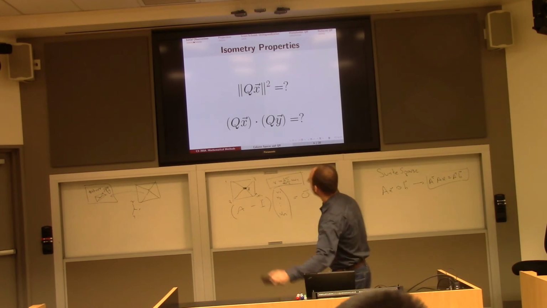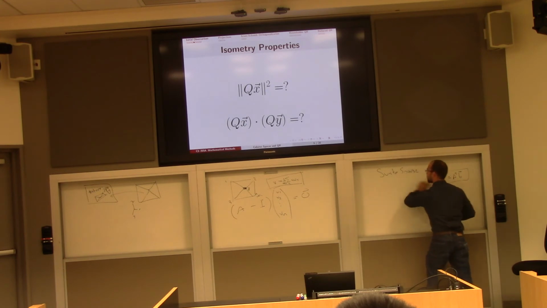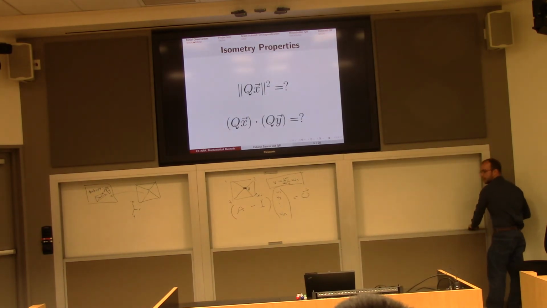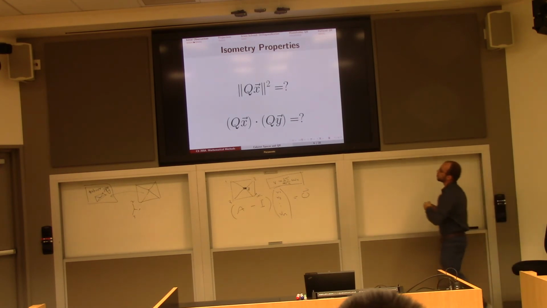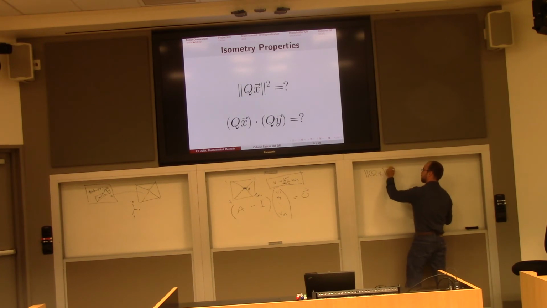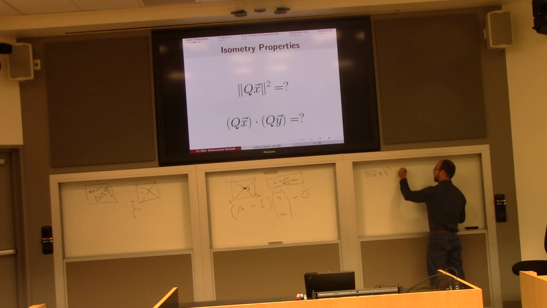Well, as a differential geometer, I have to call Q an isometry. I guess this shows up in linear algebra sometimes. But what do I mean by that? I mean that Q preserves angles and lengths. In particular, what is the norm of Q times vector x? It's the norm of x, and it's very easy to prove that using, yet again,